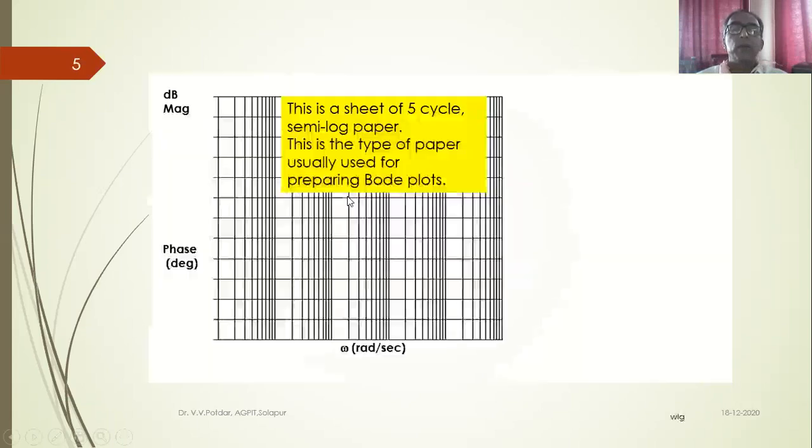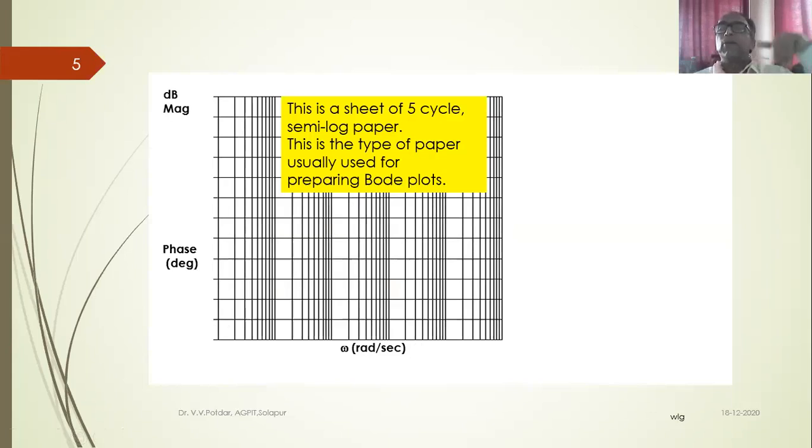Now what is the semi-log paper? I just talked to you regarding this. On the x-axis, I plot omega in radians per second, and on the y-axis, in the first part, decibel magnitude. The scale on the y-axis is a regular decimal scale. It is available in the market for 1 rupee. Why semi-log? I can have log paper also, where the y-axis has a logarithmic scale and the x-axis also has a logarithmic scale. That is called log paper.